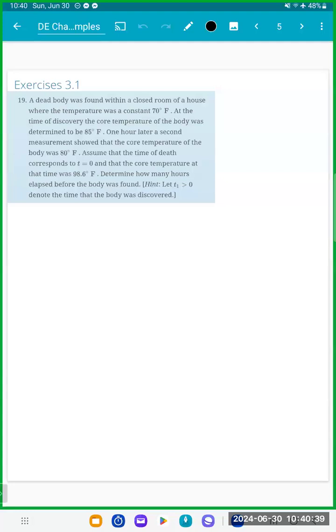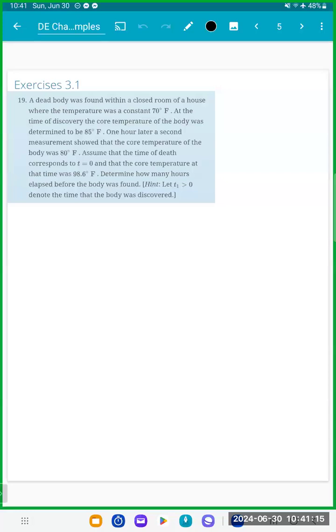If we assume that the core temperature when the body died was 98.6, we want to determine how many hours have elapsed, for us to determine how long that body has been dead. All right, so in looking at this, I'm going to use some coloring this time,